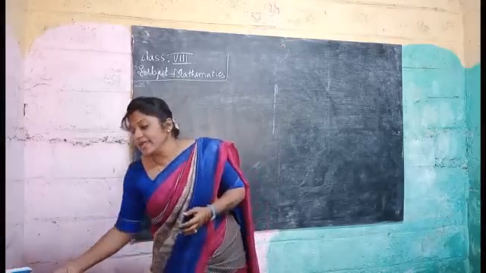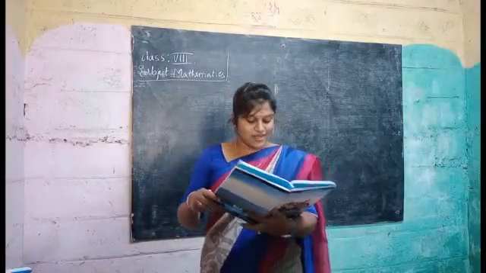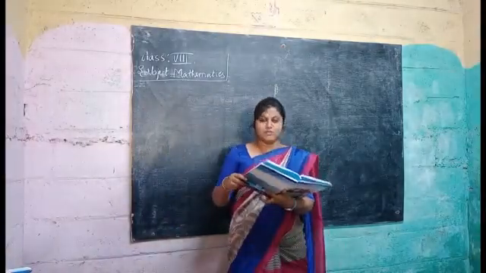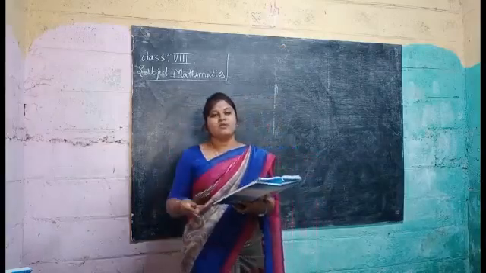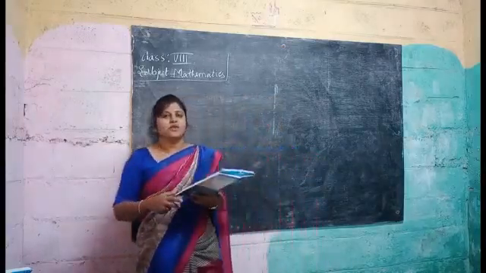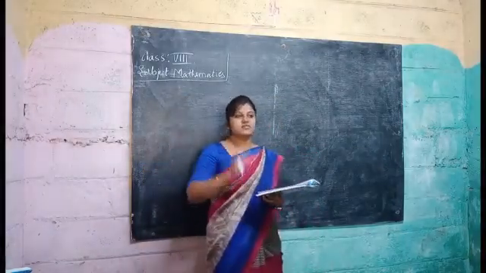x, y and z we did. Okay. Now we'll go on to the next one. That is the next problem, that is x plus y plus z plus w. Okay, they have given one more letter there, w. They have given a picture also. With that we have to find the value of x, y and z.